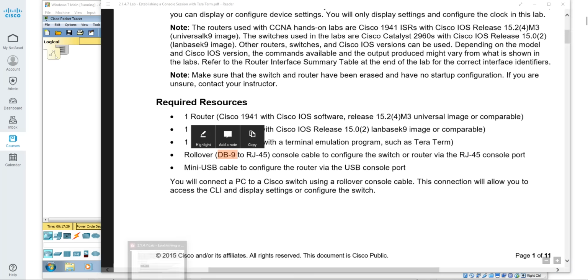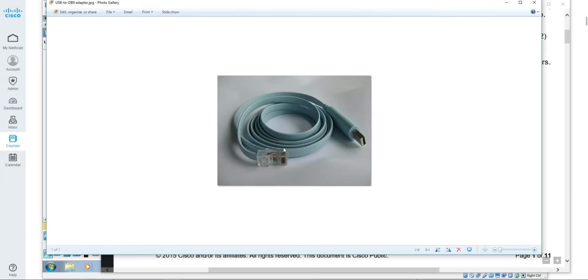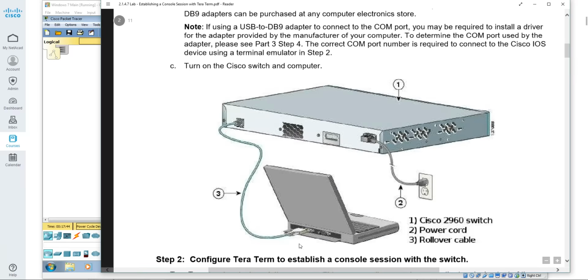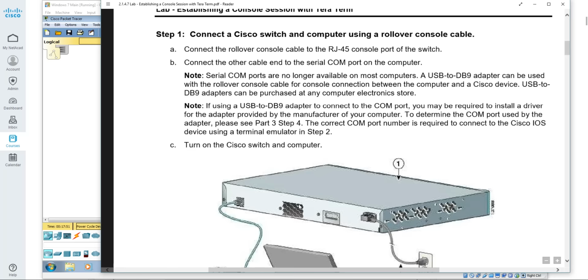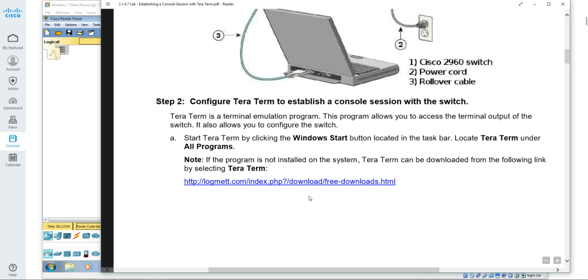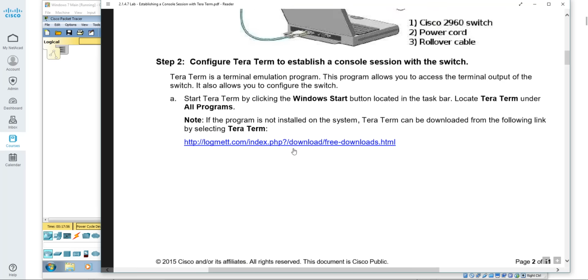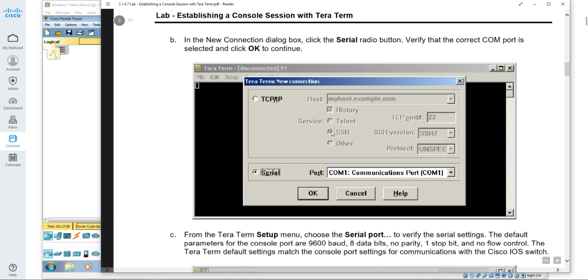So you're going to do something more similar to this. You're going to come USB to RJ45, and that's a rollover. And when you set your software up, you'll have that USB port be your COM port to go out to that. So instead of using an older COM port device there, connection to go to your device, you're going to use a USB. But when you get that connected, you're going to use some type of software. TeraTerm works really well for that. It looks something like that when you get it installed. And you're going to communicate to the port that's going out to that line, that USB line.